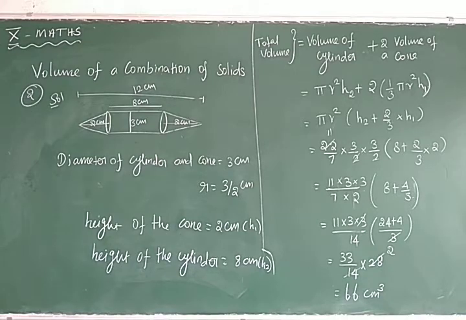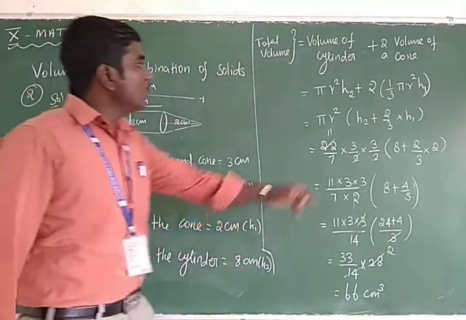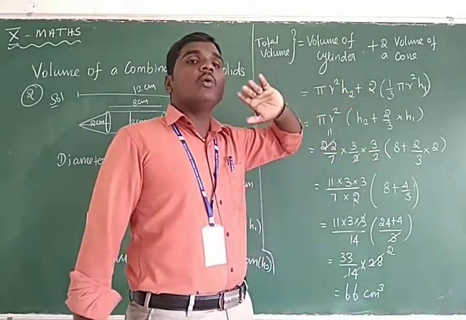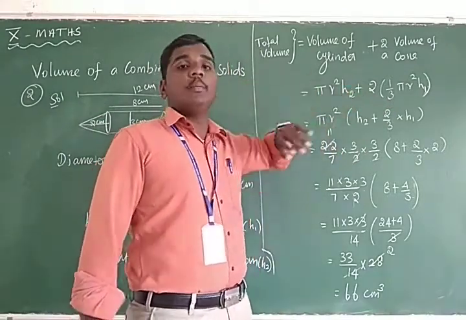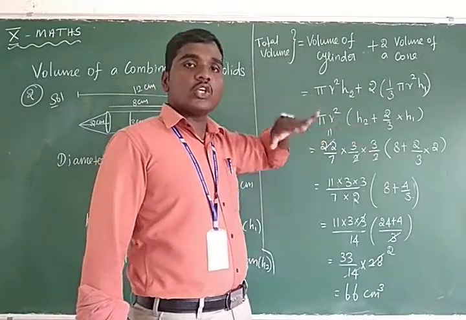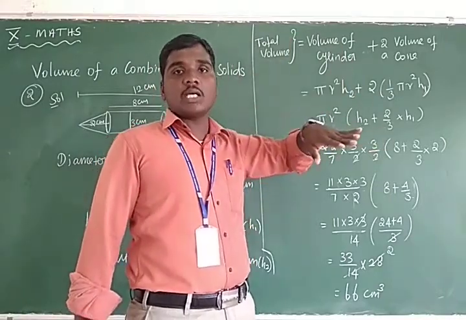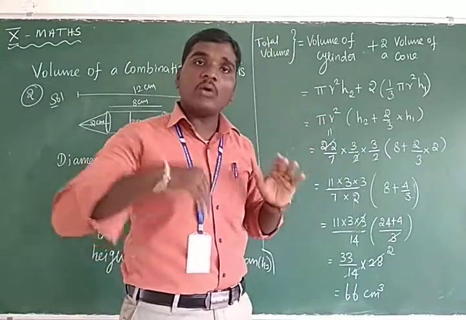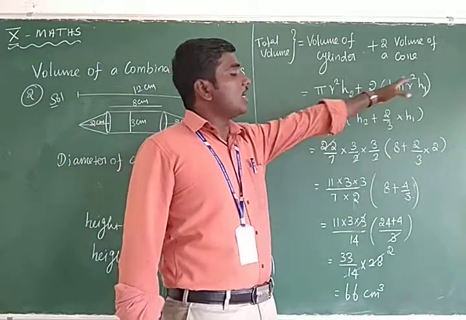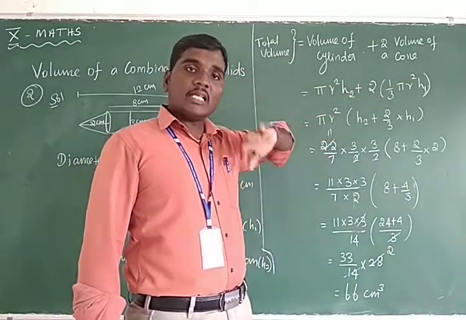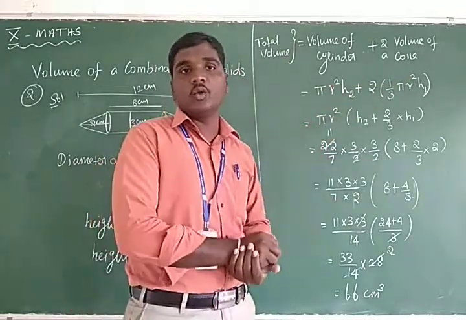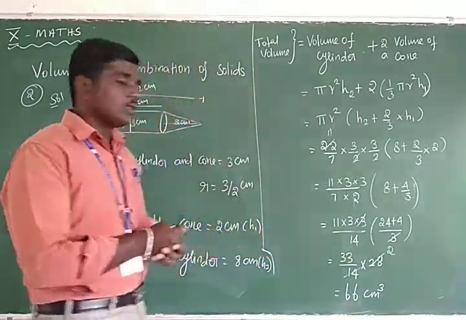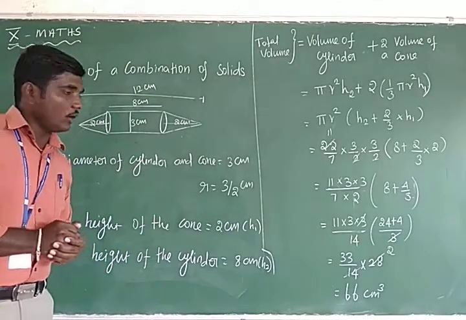That's all, students. This question is very easy. While applying values, be careful. Before taking common or before applying the values, check whether both radius values are the same and whether both heights are the same. Everything you check. If we have different values, you assume h1 and h2 like this. If radii are different, use radius 1, radius 2, or any other notation. Very easy one. You follow it.